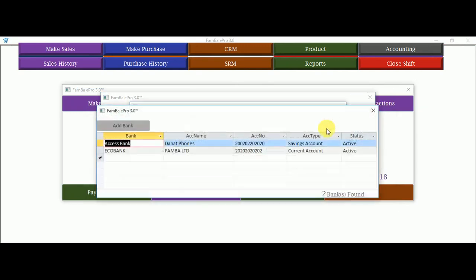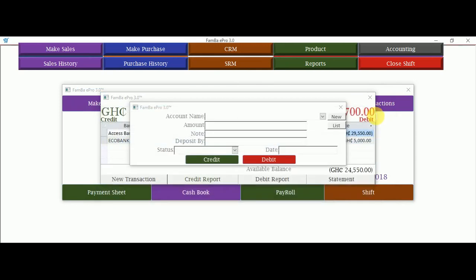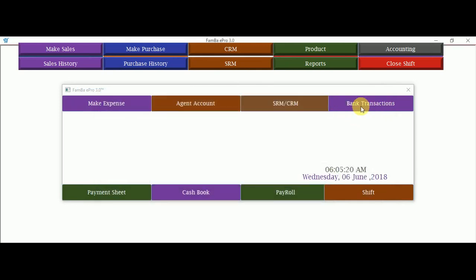A debit, I can also debit. List will list my banks, the banks I have. So this is all I need to do about banks transactions. We will take a good look at cash book,